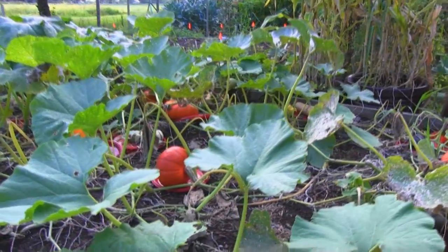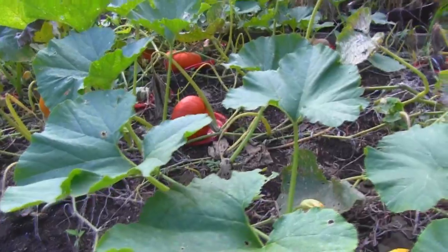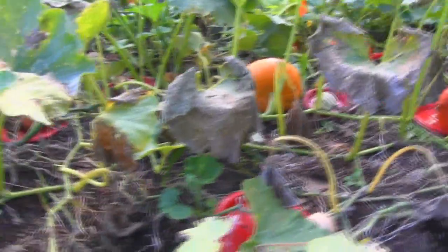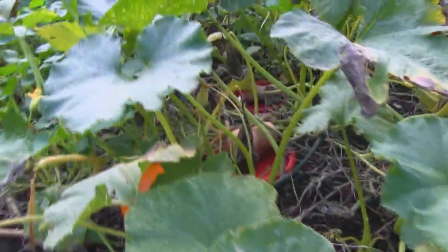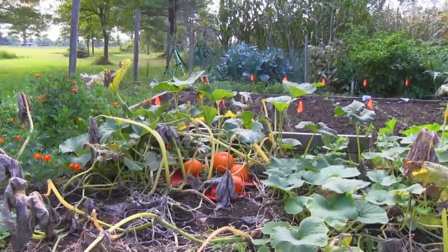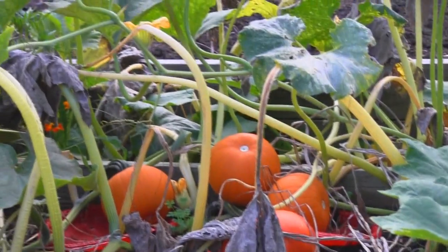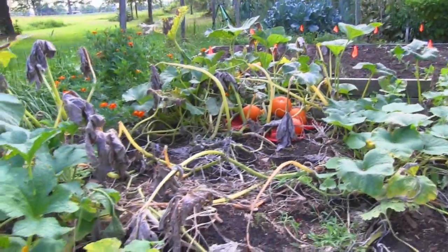And then you can probably see in there flashes of dark orange and light orange and green and tan. This is pumpkins and winter squash, and we've got quite a good yield of stuff out there. But like I said, we did have some vine die off, so I pulled the pumpkins where the vines were obviously not growing anymore, but we still have quite a few hanging out there. You can see that cluster of pumpkins right there, and we still have a lot of healthy